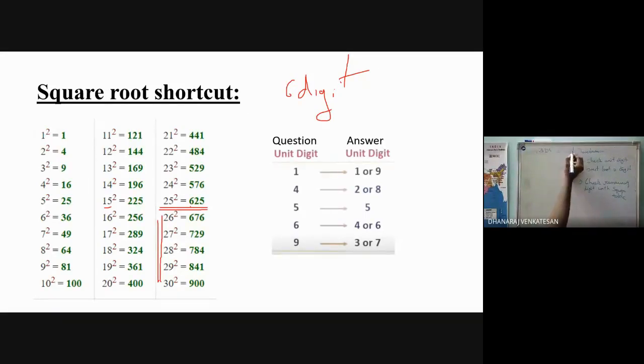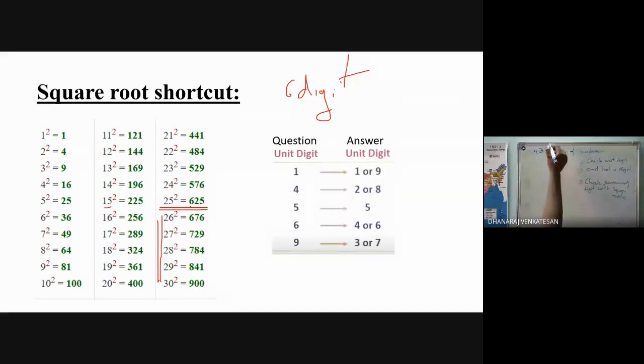Okay, these 2 digits are their roots. I'll write like this. Okay, we have to find these 2 digits. What is the root we have to find? That is these 2 digits we have to find.